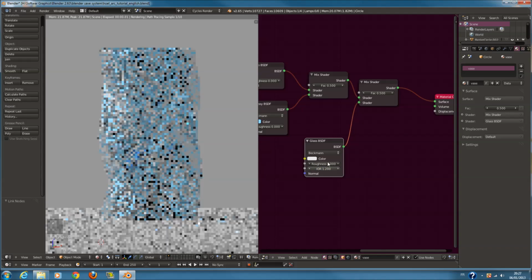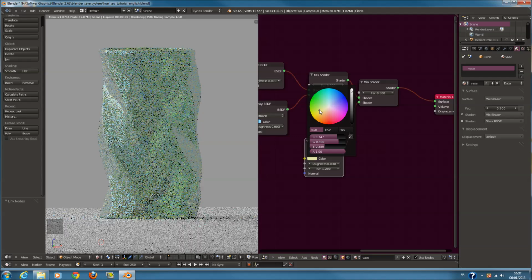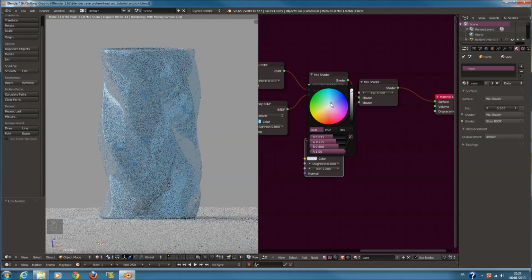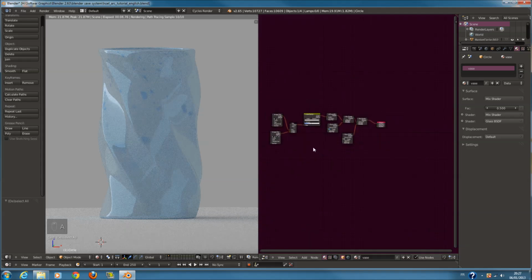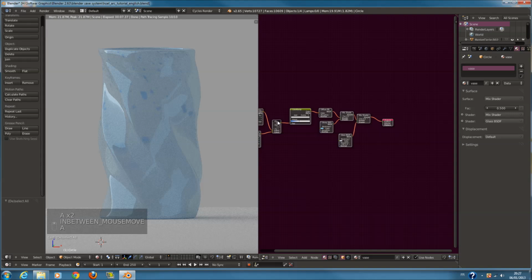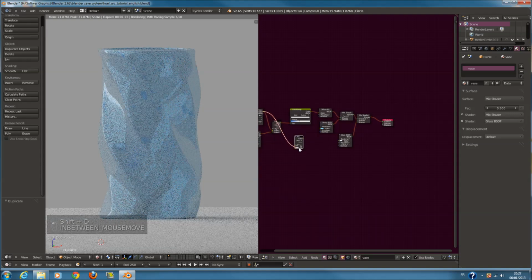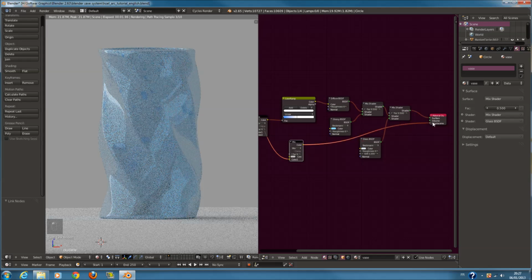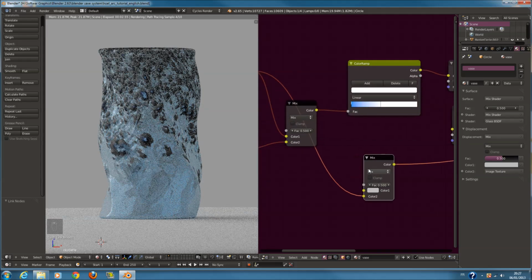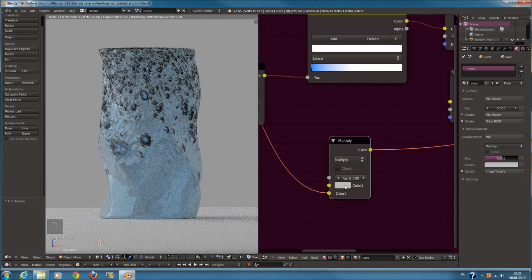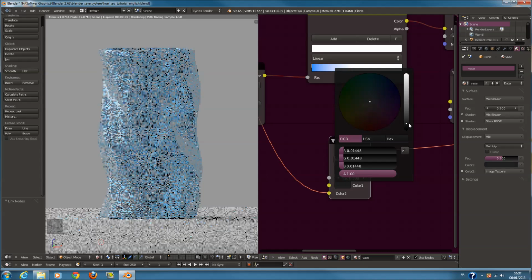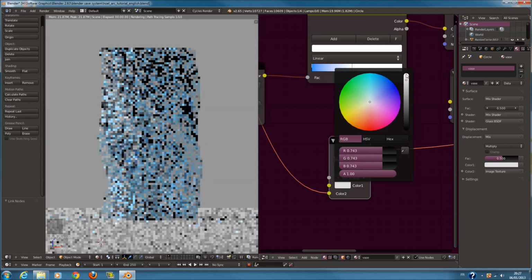Okay, turn the IOR to 0 for now and increase this IOR to 1.2 and change to a little bit green, blue, kind of blue color like that, and it looks perfect for me. And I want to increase a little bit more the bump effect of the spelter, so duplicate that, move this here and connect like that, connect this here. Okay, so, and I want to change to a multiply and turn the multiply to a black color and increase